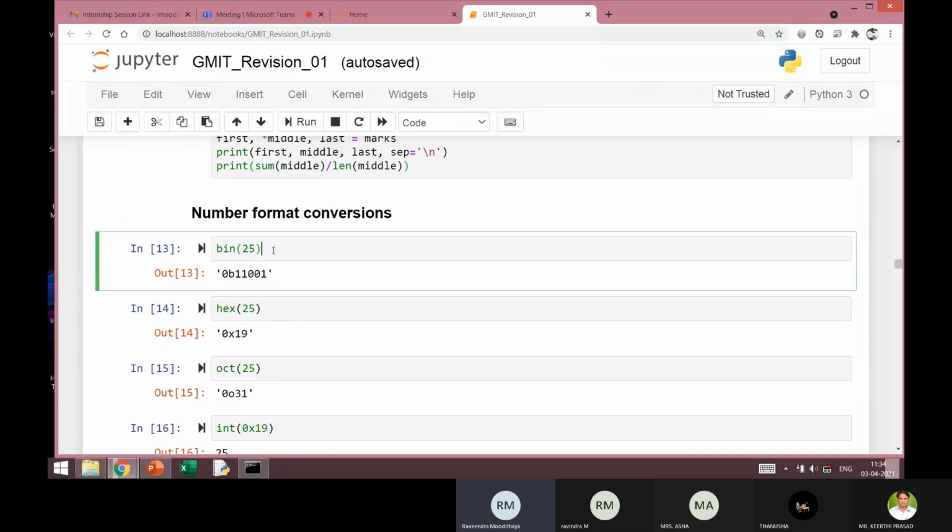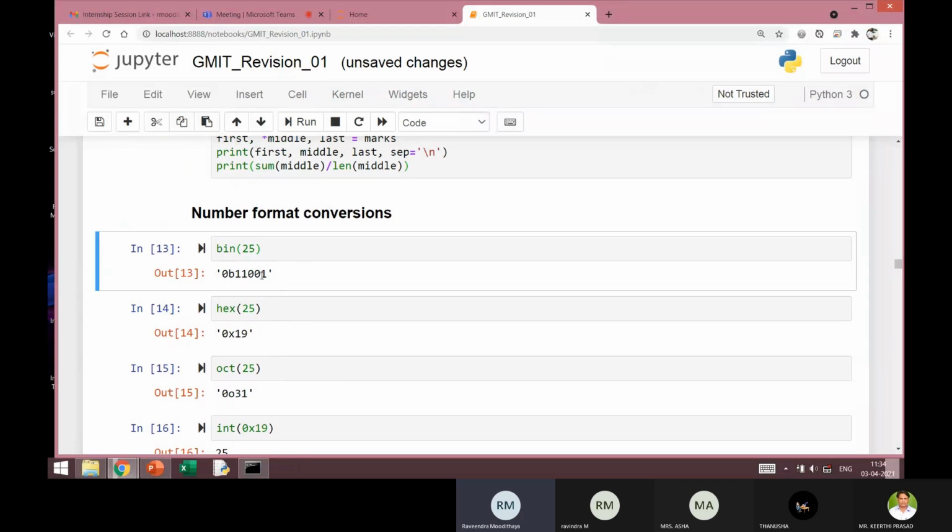I simply type bin 25 and execute. You can see that the binary representation of 25 is 11001. The initial 0b indicates that this is a binary representation. The actual representation is 11001.